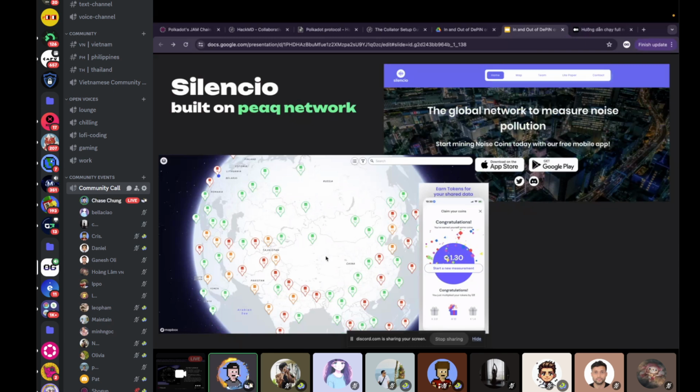In a traditional network, it's insane to build something like this, to deliver a solution like this and collect the data. You would need a huge acquisition cost to build up data centers across the globe, go to each country, build a user base, and ask them to run their own node, download an app and run noise detection. But Silencio is built on Peaq network, and Peaq network is built